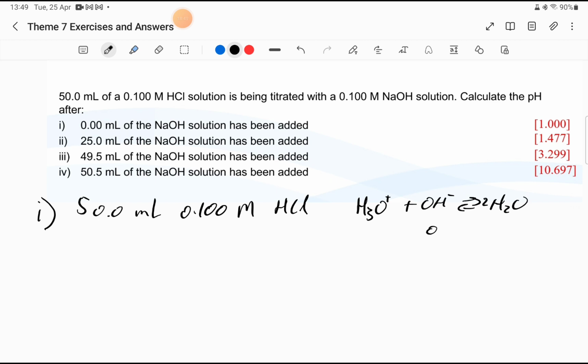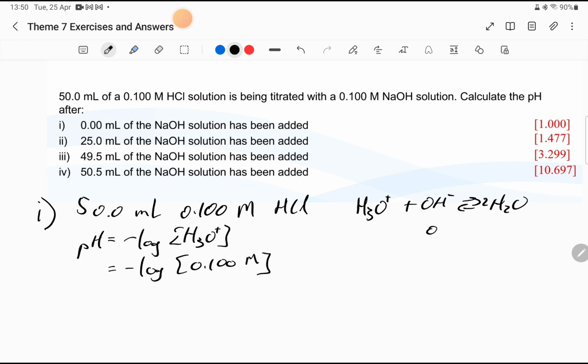So that means if we want to calculate the pH, pH is minus log of the hydronium concentration. And we do have the hydronium concentration because HCl is a strong acid. So every mole of HCl will fully ionize to give us hydronium, which means this will just be equal to minus log of 0.100 molar. And remember, this is concentration that we take, so we don't even need to take into account the volume of HCl at this stage,